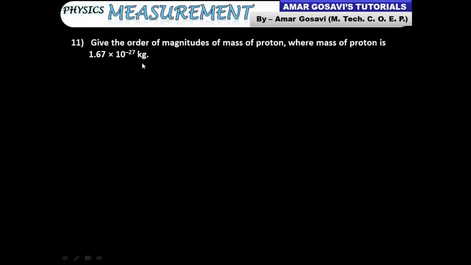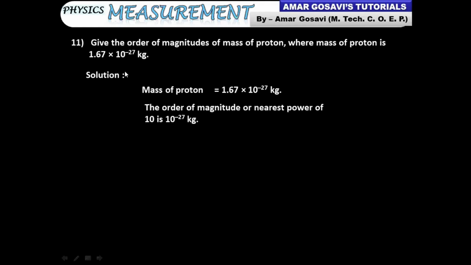See what you are supposed to do before the decimal. You should see the number, that is 1. So 1 is less than 5. So here you are not supposed to add anything. The order will remain as it is, isn't it? You can see the order is 10 raised to minus 27. Had this number been greater than or equal to 5, then you would have added 1 to this. But when you add 1 to this, you should be clear with the number line.